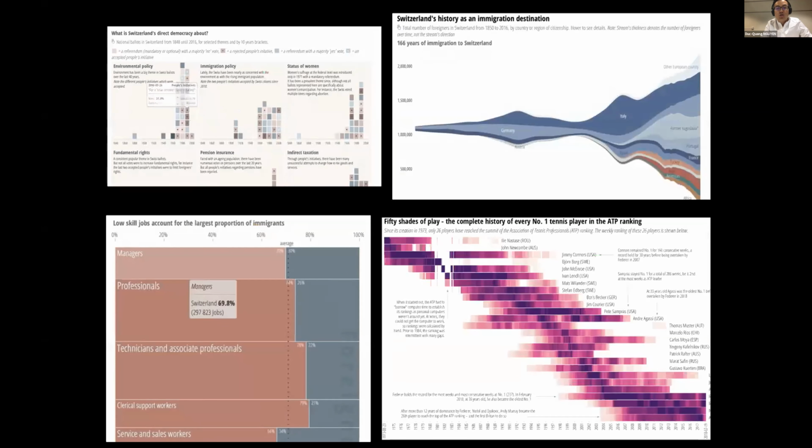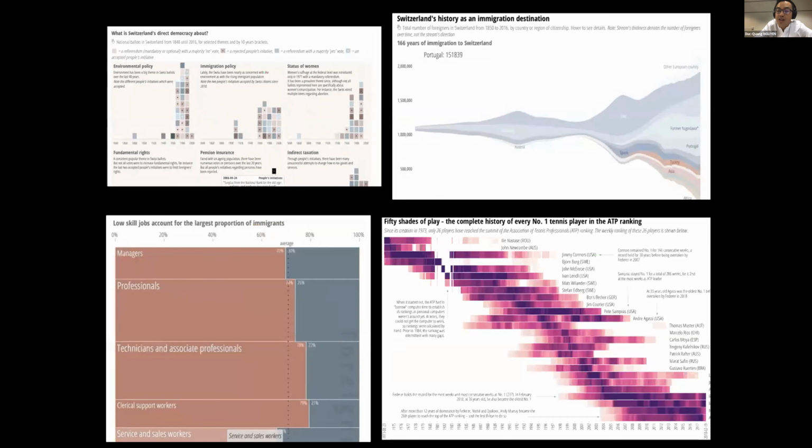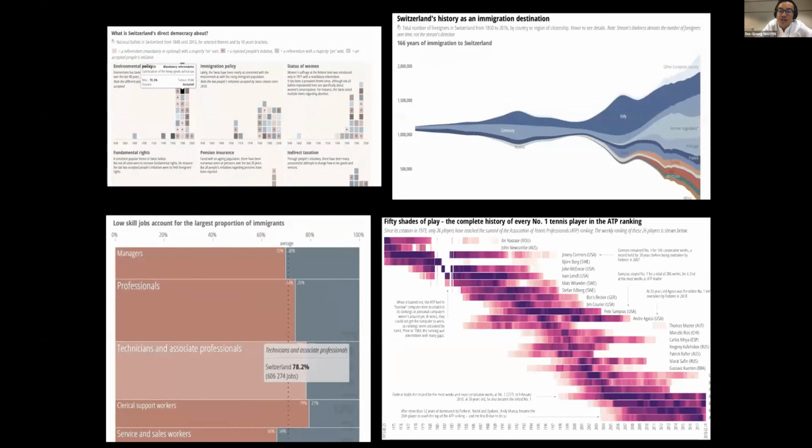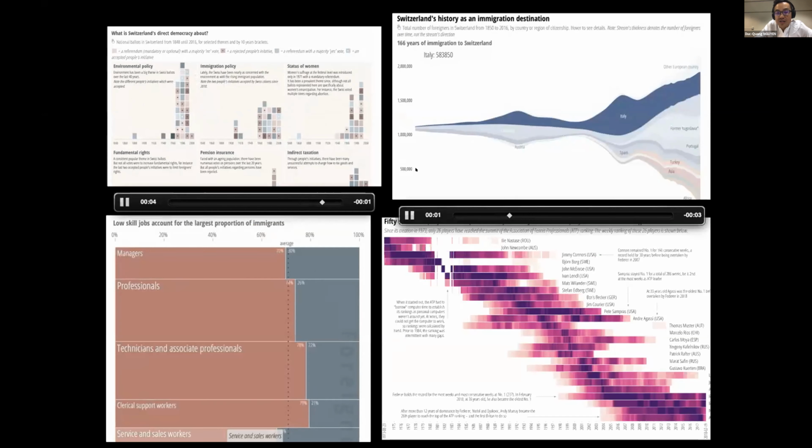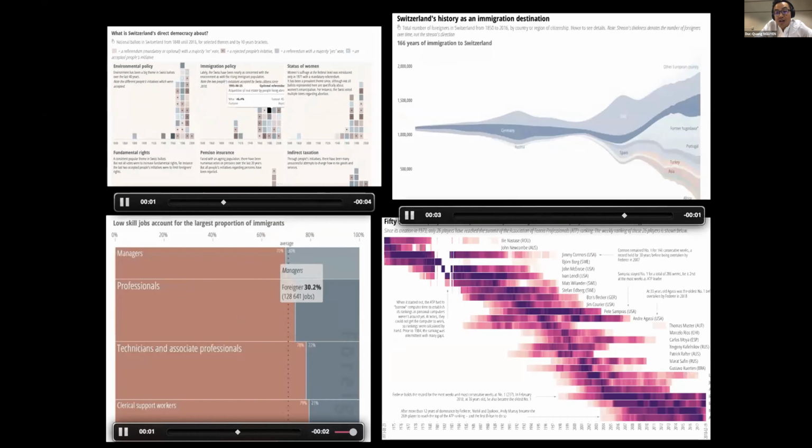I'm not going to go into the details, but I just want to mention that before, when I was at the SRG, the Swiss Broadcasting Corporation, I used to do a lot of graphics only with R, so with no Datawrapper or graphic designer touching them afterwards. The examples are shown here.